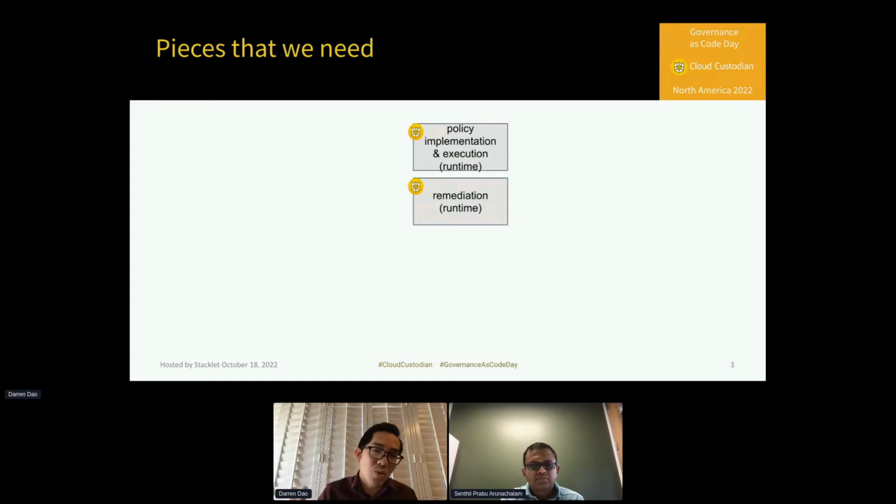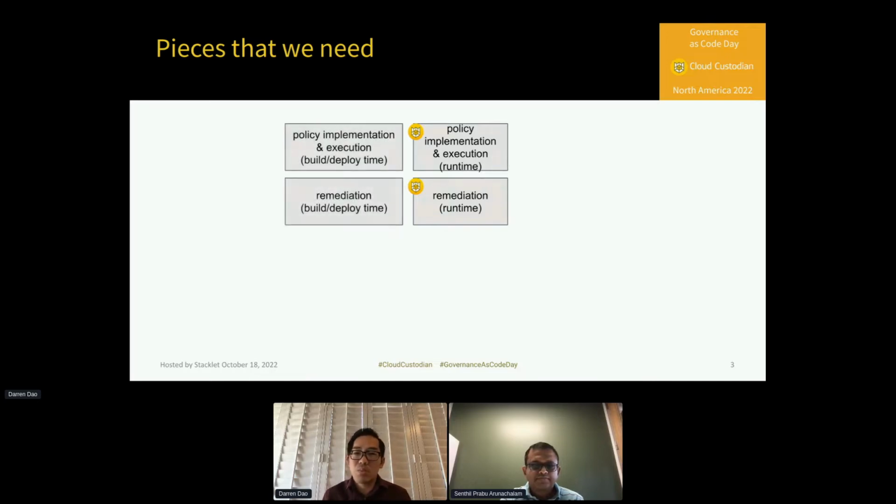So for example, how do we define and implement the policies as code, have them execute at runtime, and have them remediate non-compliant resources? All of that is provided to us by Cloud Custodian. But then there's the build side of things, the deployment side of things. It's great to see Cloud Custodian starting to venture into those areas. But there are other